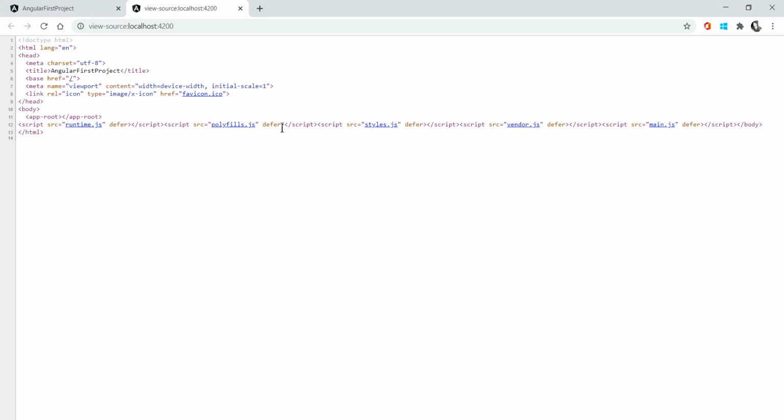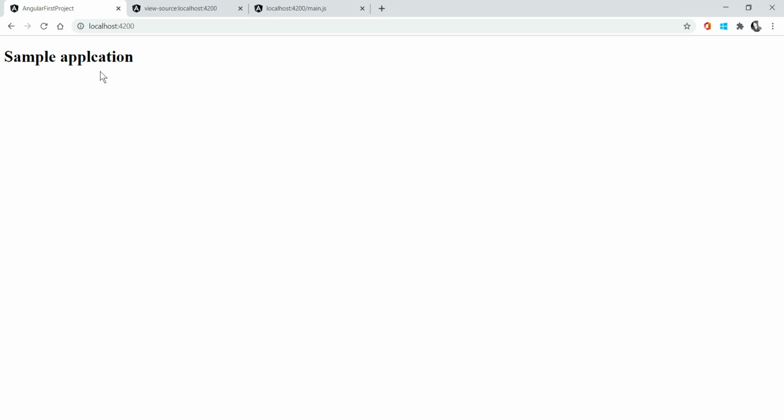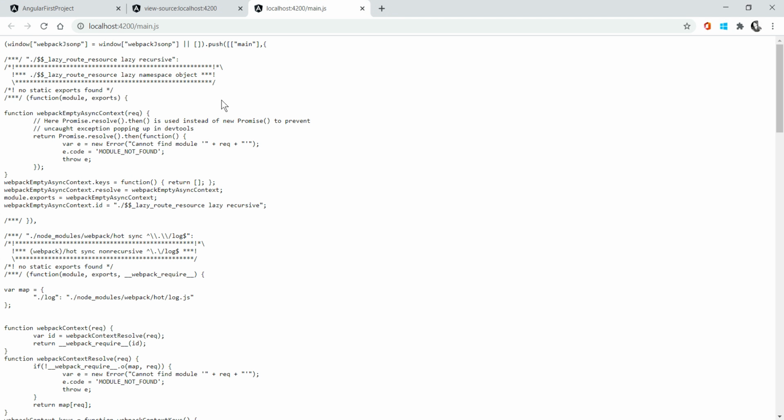So go to the page source, and here the main important file is the main.js file. If you click on the main.js file, whatever you see in this content, the web application is showing the logic and the content based on it. The main.js file is the primary file in the browser, which is passing the logic to the browser.